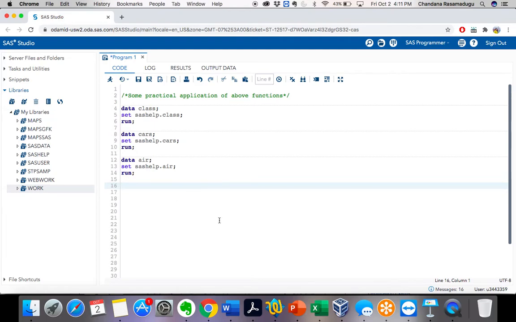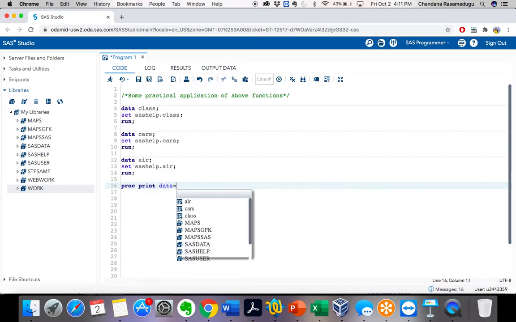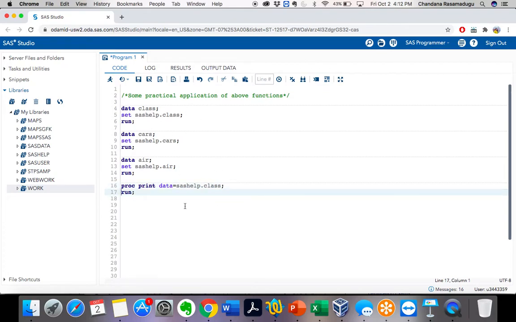By using the proc print statement, right? So: proc print data=sashelp.class; run; If I give this statement, by using this program I can print only one data set at a time, right? I can't print all three data sets at a time.